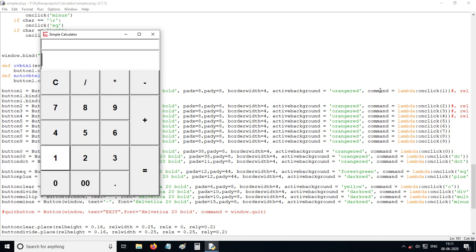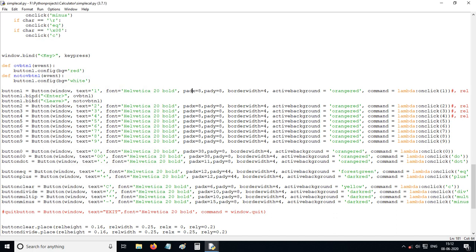The active background is orange red: when you press it, it will show orange color. Then the command, just neglect this for a moment.